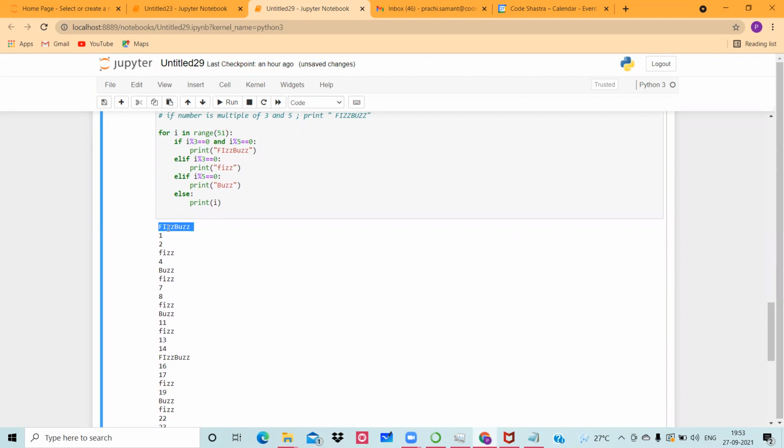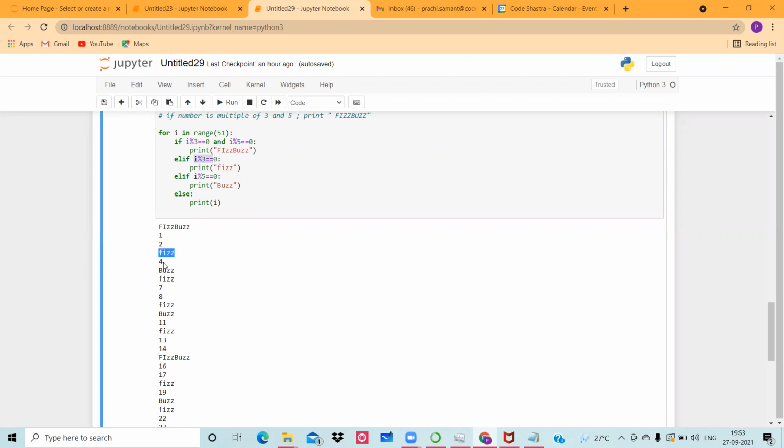If we simply run this code block, the first value is obviously 0, so here you will see FizzBuzz, because 0 is obviously divisible by every number. Then for 1 and 2 you will print that number, because 1 divisible by 3 is not equal to 0 and 1 by 5 is not equal to 0, that's why 1 and 2 are printed exactly like that. When it goes to the number 3, 3 is divisible by 3 but not by 5, so it will not go into the first if; it will check the next if. In the next if, what is written: if the number is divisible by simply 3 then you have to print Fizz. So yes, 3 is divisible by 3 simply and so it is going to print Fizz.